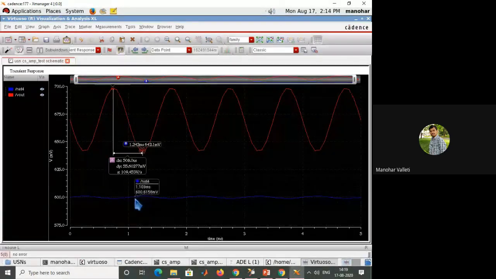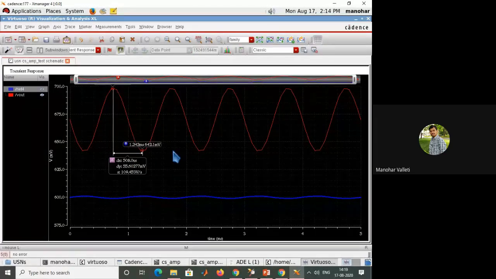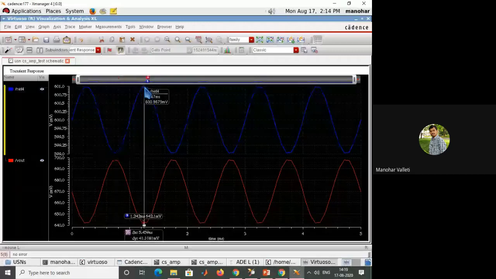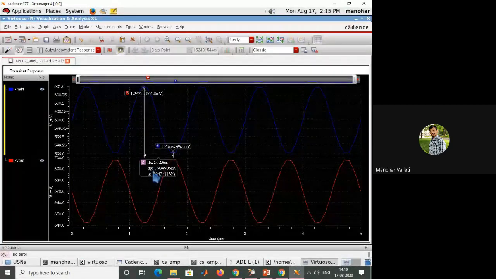So what is the input peak to peak value? If you want to measure, as it looks very small, with the help of this split current strip you can split both the windows and just measure. The blue line is the input, right? I'm putting A there, putting B here. You can see here the input is 1.9 millivolts, almost 2 millivolts. There will be only a small parallax error. So almost 2 millivolts is the input, and you got 56 millivolts as the output.